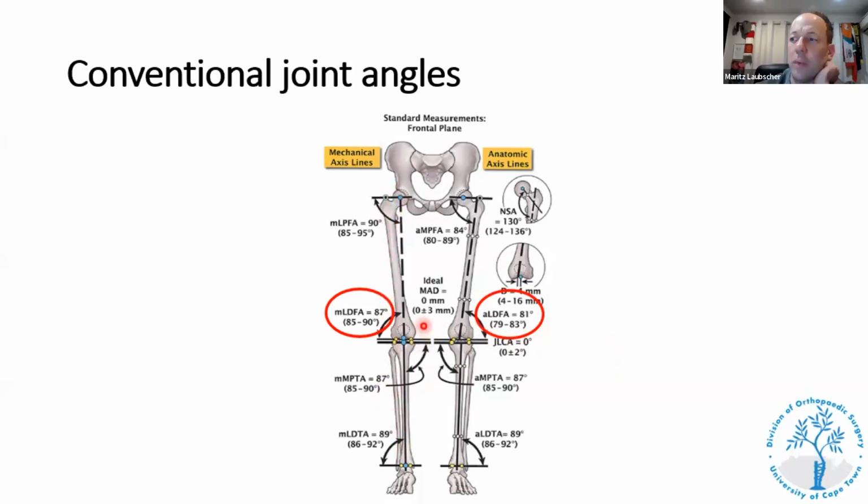mechanical axis. Knee replacement, if you want to do mechanical axis alignment rather than kinematic alignment, you want to cut your distal femur perpendicular to the mechanical axis, but you reference through intramedullary. So you put an intramedullary rod up the femur and you attach your cutting blocks to that. So you can't cut 90 degrees to that. You need a 6 degree valgus cut to the anatomical axis to cut perpendicular to the mechanical axis of the